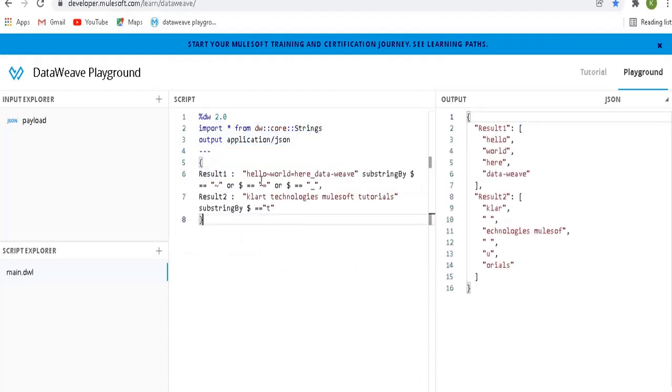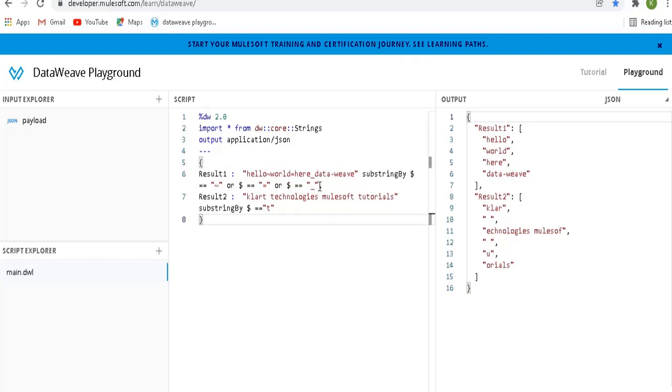See here, hello world, here some symbols are also there, the exclamation mark, equal to, underscore, hyphen. So with substringBy, wherever it finds these special characters, it will split the words into different lines, and it will give you an array of words.